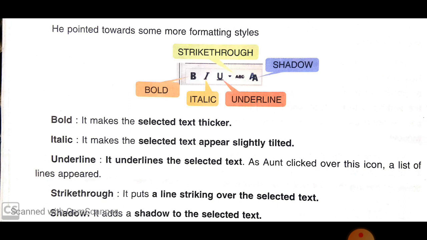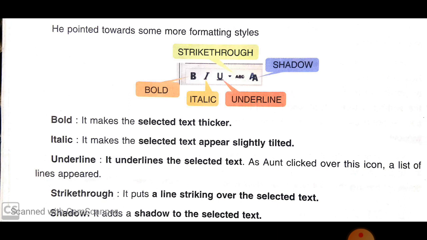Next, we can apply some more formatting styles like bold, italic, underline, strike through or shadow. Bold makes the selected text thicker.